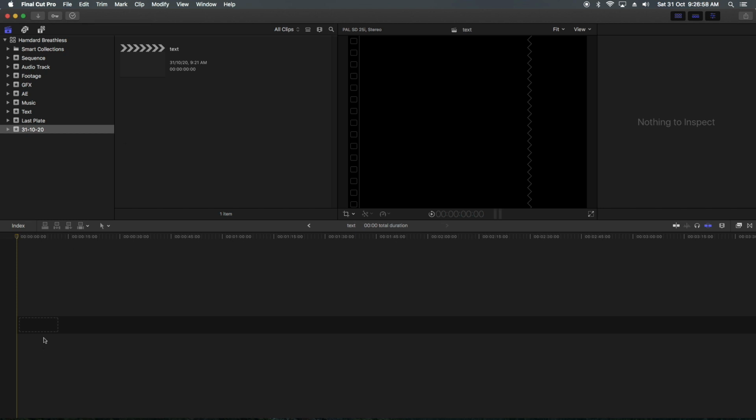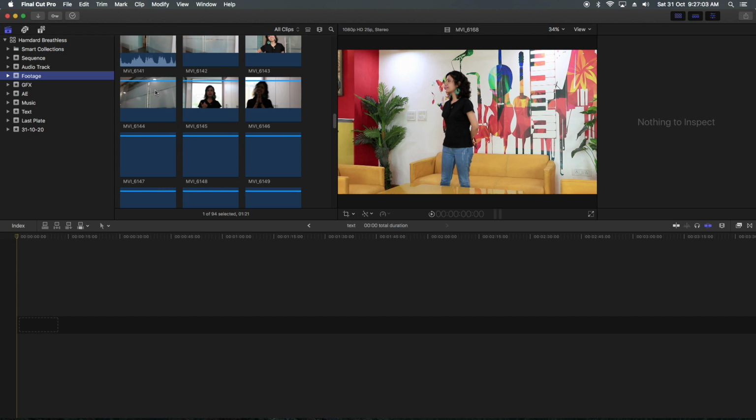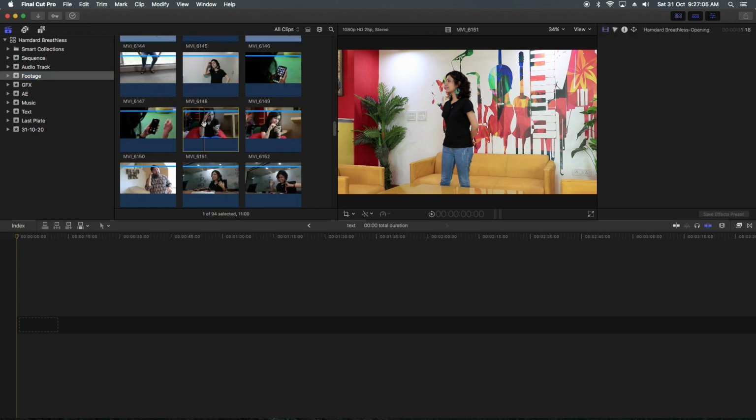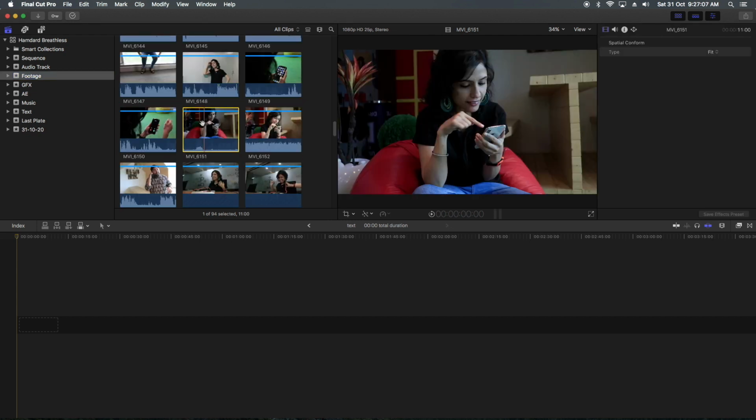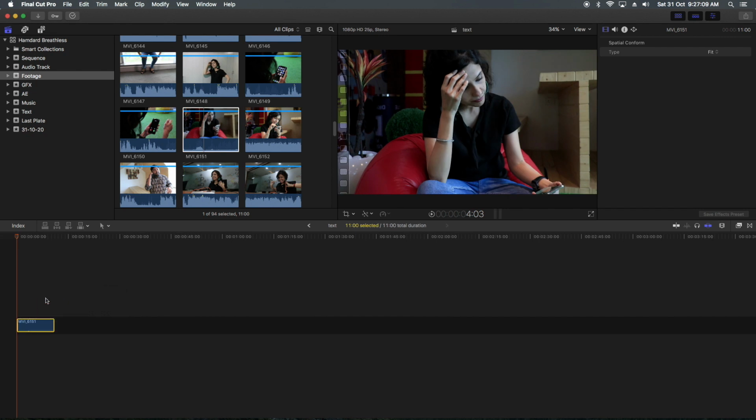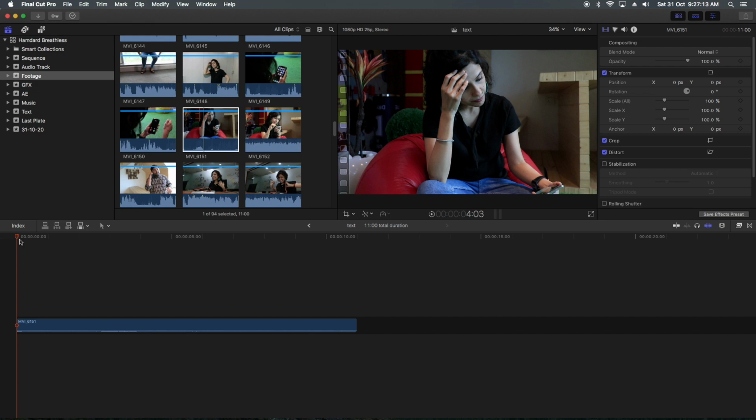So first of all, you have to choose a shot. What do you have to do before placing any title? You have to select your shot and place it on your timeline, and text is always used as an upper layer.